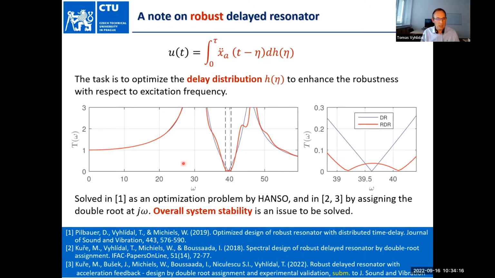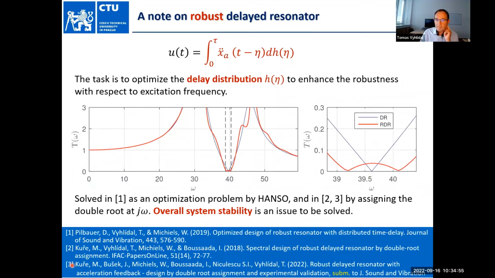Also in the work by Dantelbauer and Vyhlidal, the stabilization is involved in the optimization. Then it becomes a nonlinear optimization problem, which we solved by the Hanzo tool. In the other works, which are not more recent, but actually this one is in review,